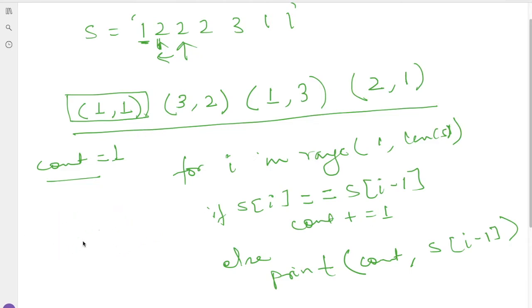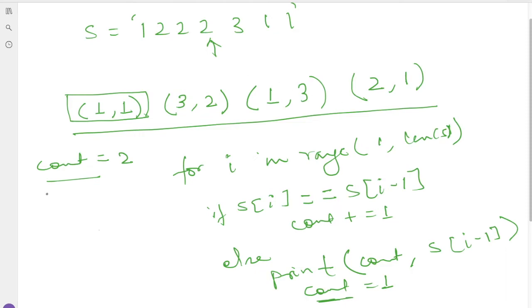So count will be increased by 1, and whenever we are printing this value, we will initialize our count to 1, meaning that character is finished. Now we are going to check for another character. So each time after printing the value, we will simply initialize our count to 1. Now for this one, our count will be increased by 1 in this scenario. Now we are moving forward. Now we are at here.